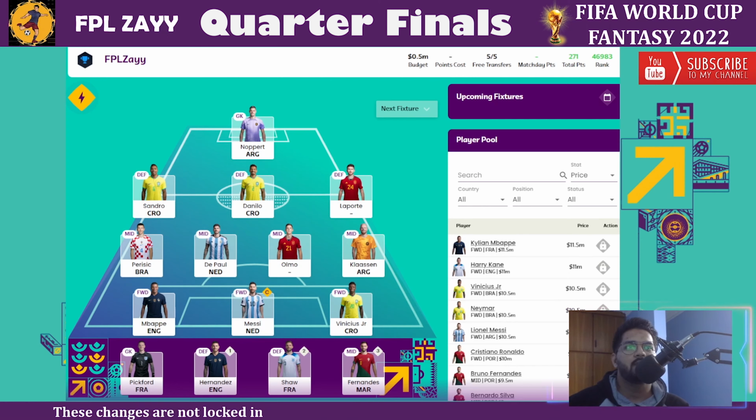Now we look at the attack. I've got Mbappe, Messi and Vinicius Jr. I'm pretty satisfied with this attack. Obviously,